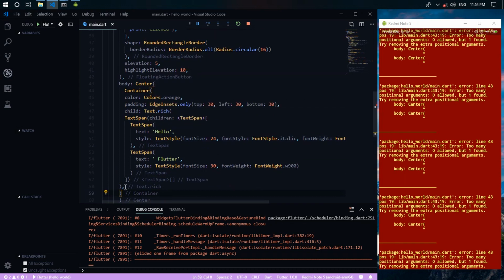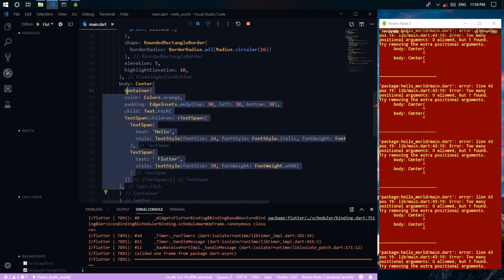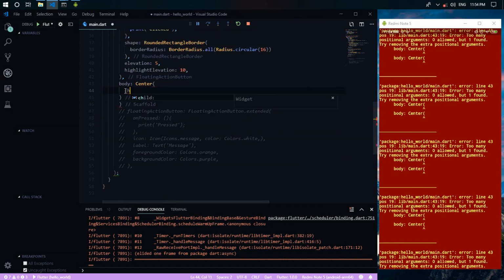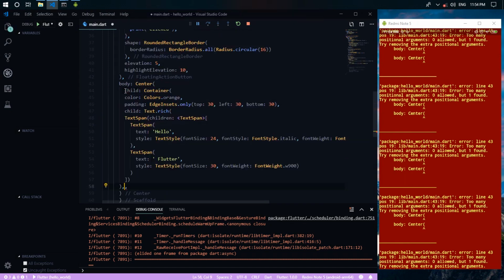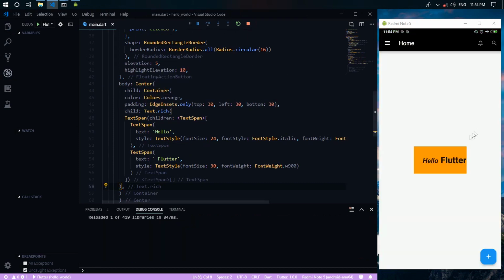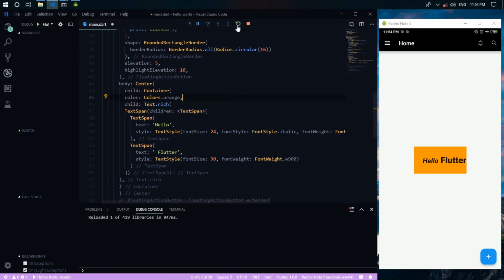Don't forget to provide child here. Okay, looks like this. And now our container is in the center of the screen, centered vertically and horizontally. We can remove the padding. Looks like this. It's very simple.